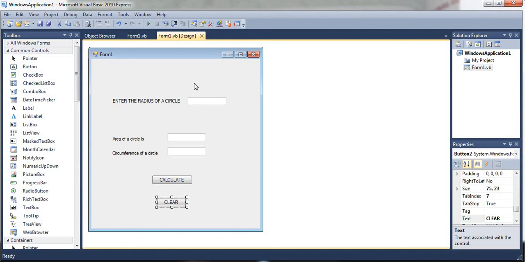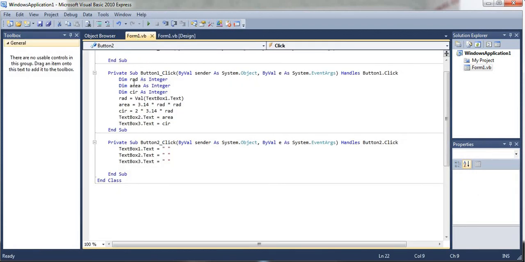How can we use variables in our programs? Let's see the coding once again. Dim rad as integer, dim area as integer, dim CIR as integer. Three variables we have created, and the data type of all these variables is integer, meaning they will store integer values only.